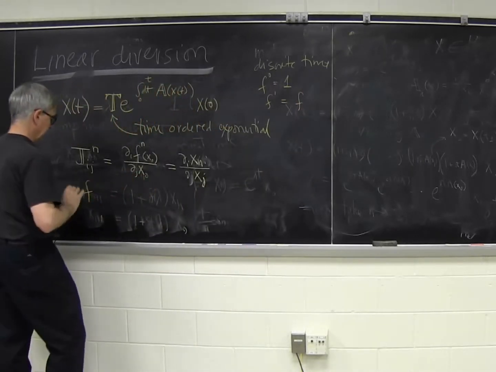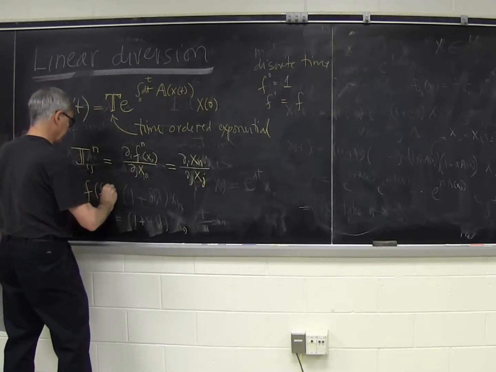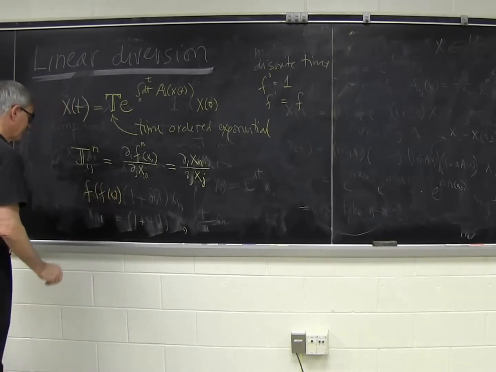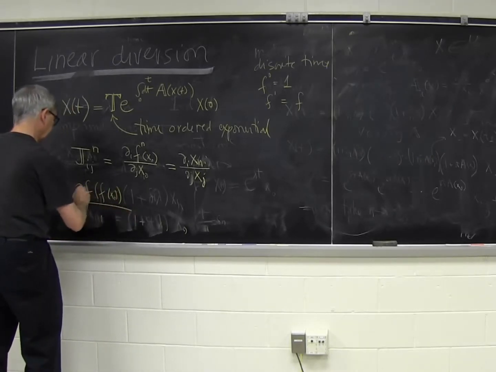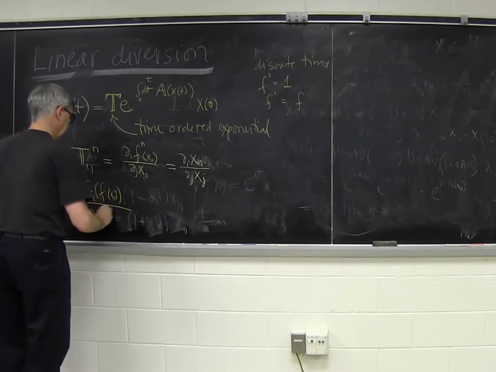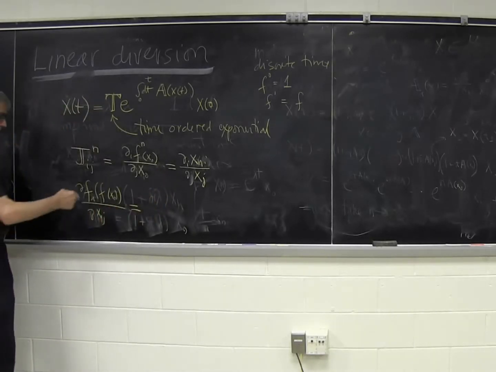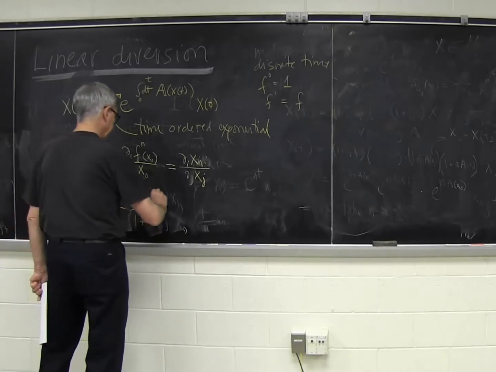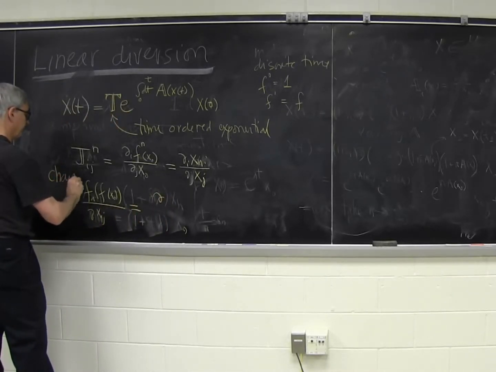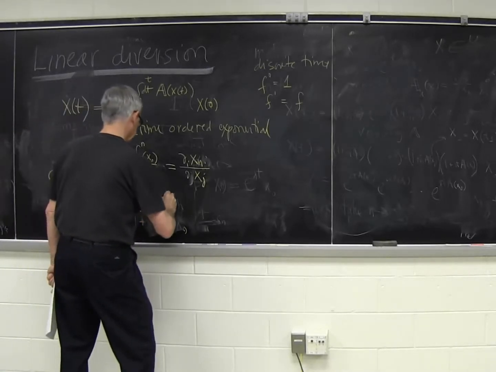So if I step one time forward in time and step again, so I start at my initial point, step once and step twice, and I take a partial derivative of this thing, then I can use a chain rule because this is a function of a function. So this by chain rule is